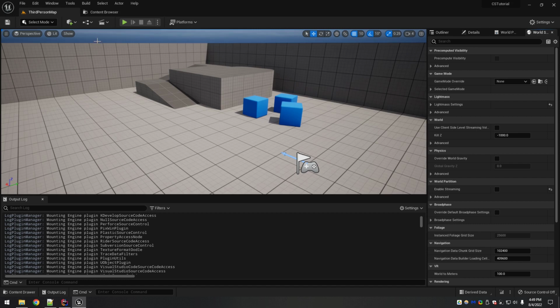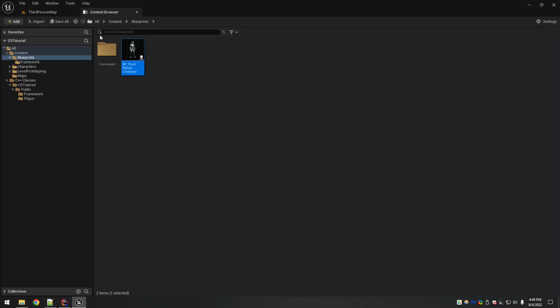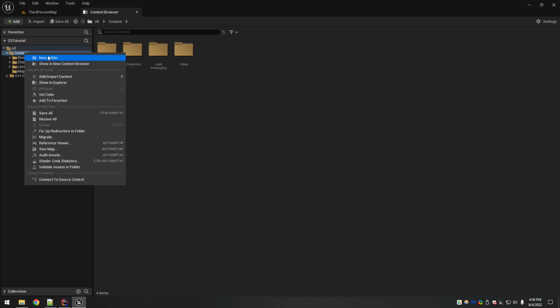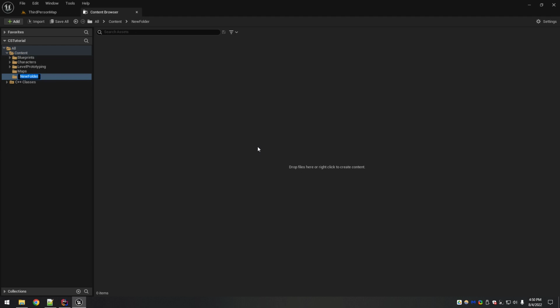All right, and so once that stuff is out of the way, come back here to your content browser, and we're going to make a new folder, and this one can just be called item data, because this is where we're going to have all the different data tables. And when I say data tables plural, it's because the way I've decided to do it is to have a different data table for each kind of item grouping that I want, right?